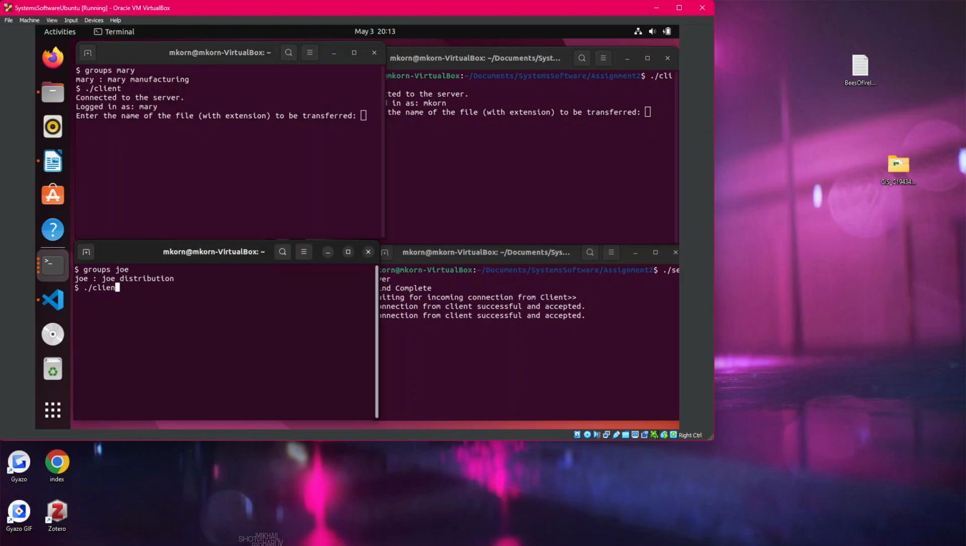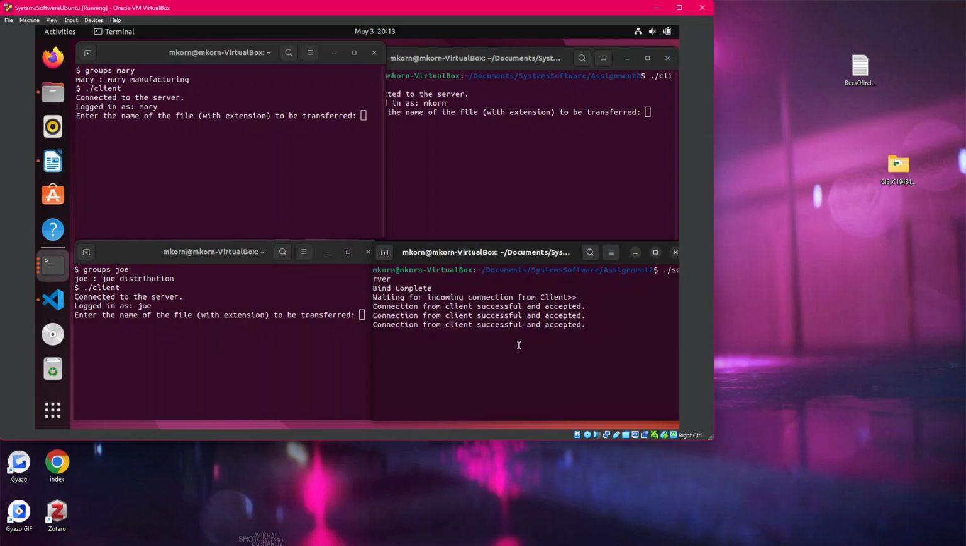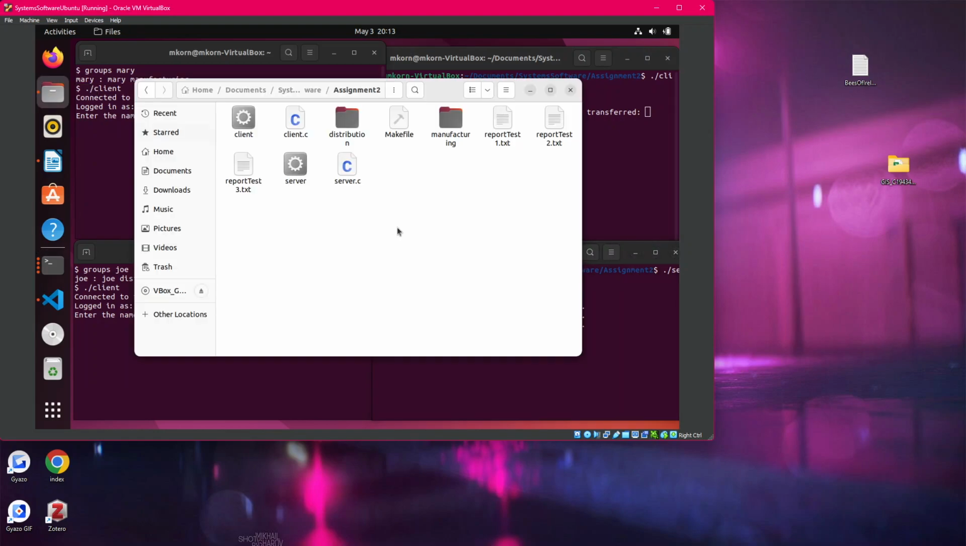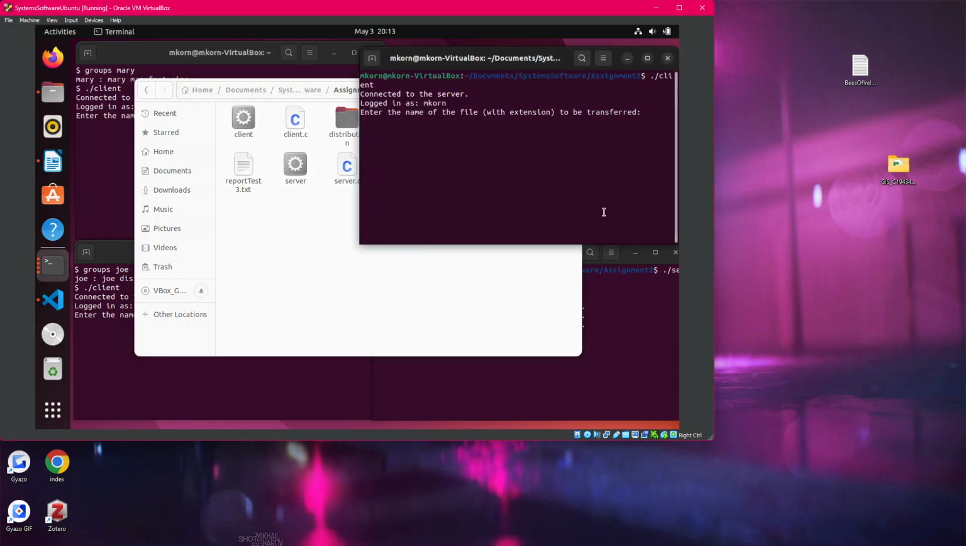Okay, so when we run our clients, the very first thing that we're prompted with is for the name of the file that we wish to transfer. As you can see, our server is telling us that we have 3 concurrent client connections, which is great. So let's look at our server. Report test 1, report test 2, report test 3. So let's go ahead and start. So we'll go report